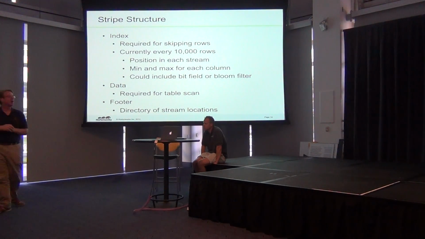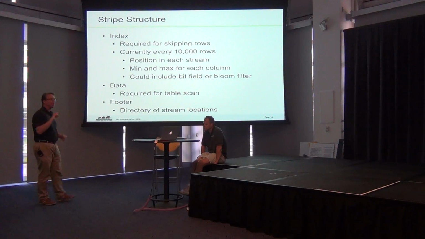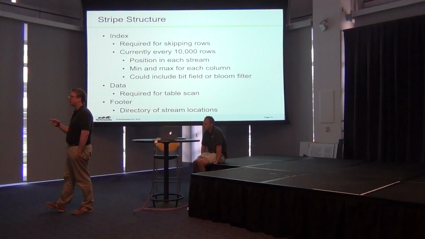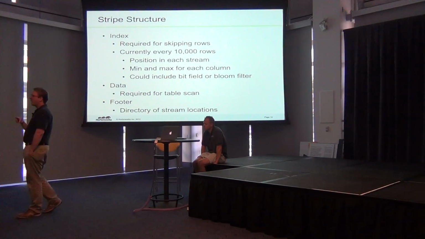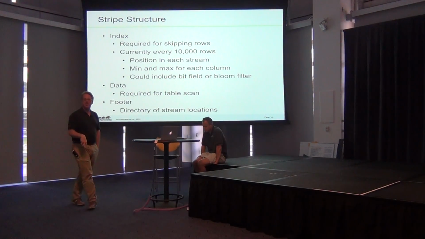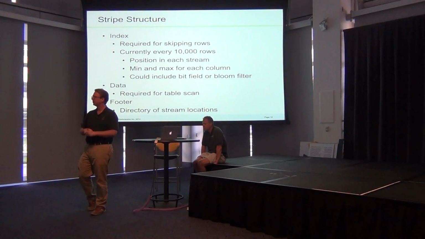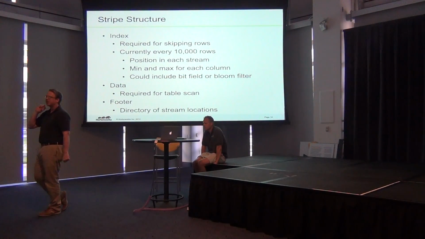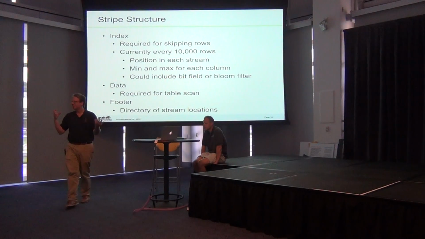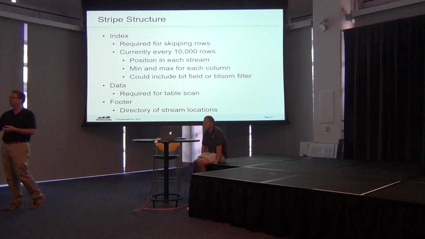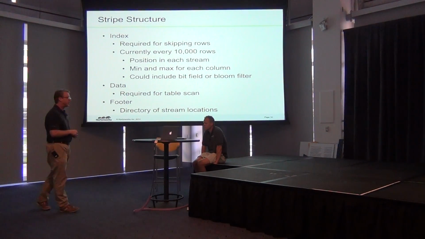secondary indexes. But more importantly, we also include in that index the minimum and maximum values for each of the columns. Because we have those, we can push down the predicates into the reader, saying, okay, I'm only interested in records that are in California. That means if the minimum state is Nevada and the maximum is New Mexico, you're not going to have to read those 10,000 rows at all. You're going to skip over without reading the bytes. That's a huge win.